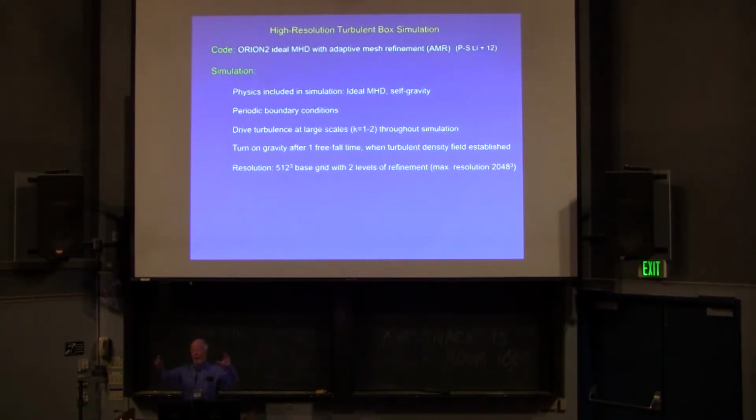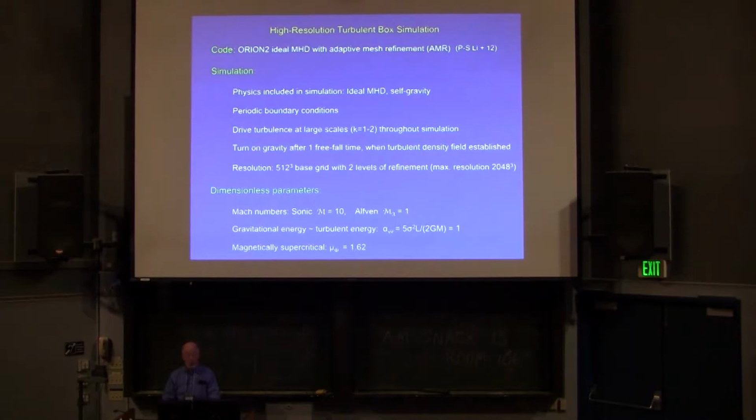So we tend to find clumps because we've already essentially created them. And I want to emphasize, of course, the interstellar medium is observed to be clumpy, both in the atomic and molecular gas. Whereas if you start off with a very uniform gas, even if you try to stick in some turbulent velocities, then you tend to get a much smoother flow, and you tend to get different results when you work out what's happening for star formation. So we had a 512 cube base grid with a couple of levels of refinement. That's altogether equivalent to a 2048 cubed calculation. Our dimensionless parameters: we had a sonic Mach number of 10 and an Alfvén Mach number of 1.